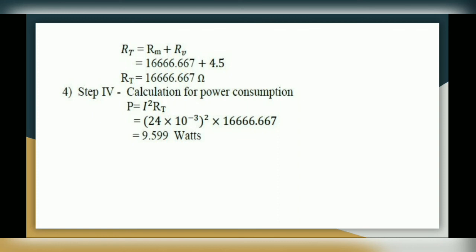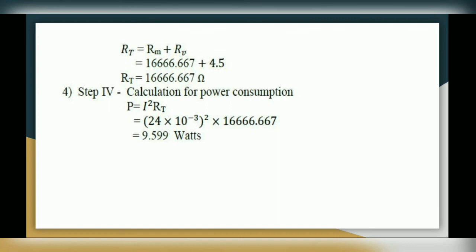First you have to calculate the total resistance by adding these two. So the formula for total resistance Rt is equal to Rm plus Rv, where Rm is 16,666.667 plus the value for Rv, which is 4.5. So you get the total resistance as 16,671.167 ohm. And the formula for power consumption is V into I, or you can write it as I square